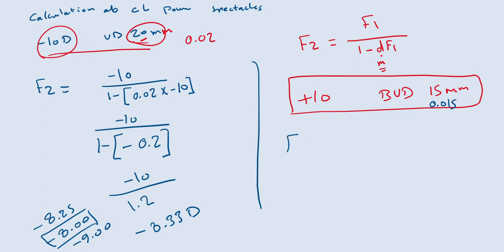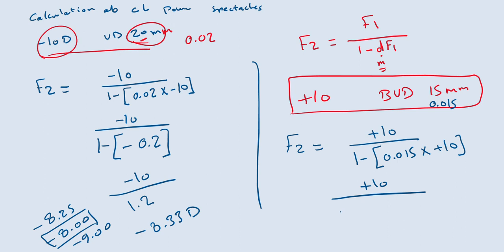So F2 equals +10 over 1 minus D, which is 0.015, multiplied by +10. We don't need to keep the plus each time, but we have to pay attention to the sign convention. So it's +10